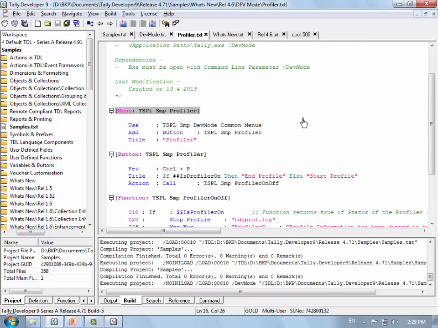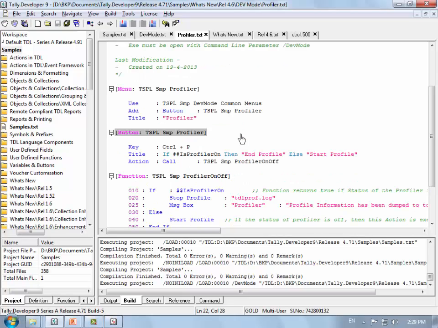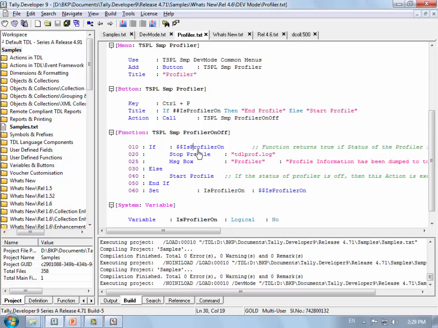Very simple code has been developed. In the menu, we have given a button. It has a button calling a function. If the profiler is on, then stop the profiler. If it is off, turn on the profiler. So basically it is just to start the profile or stop the profile.